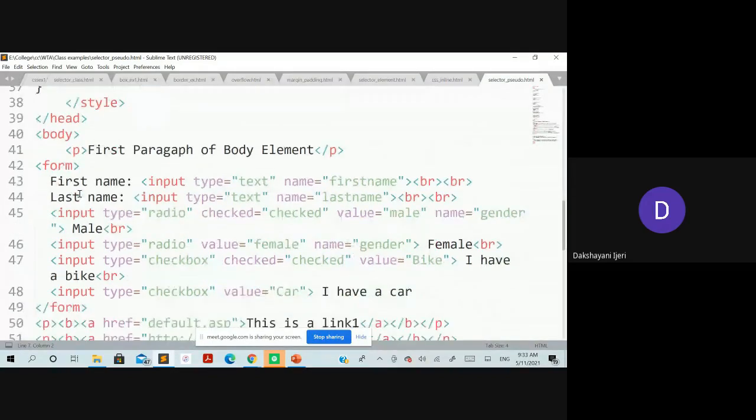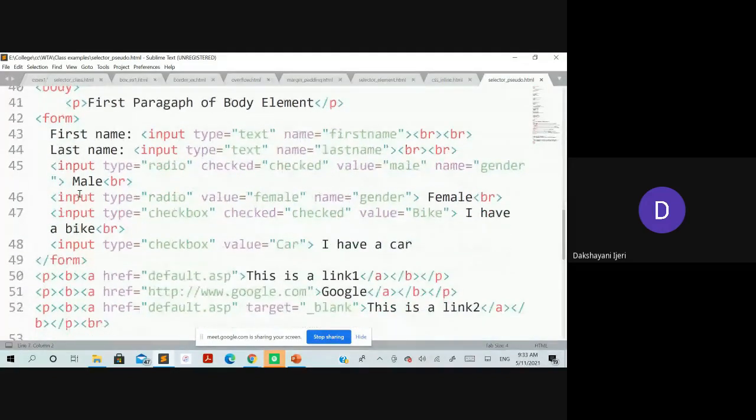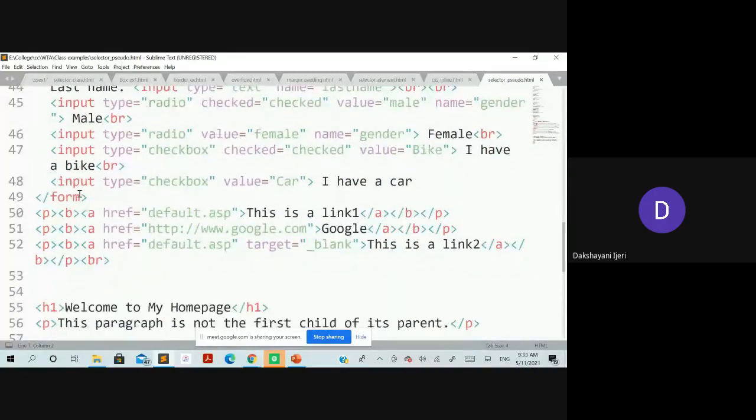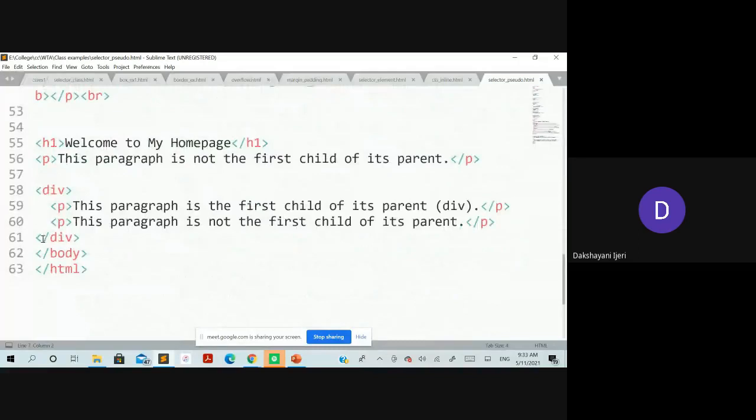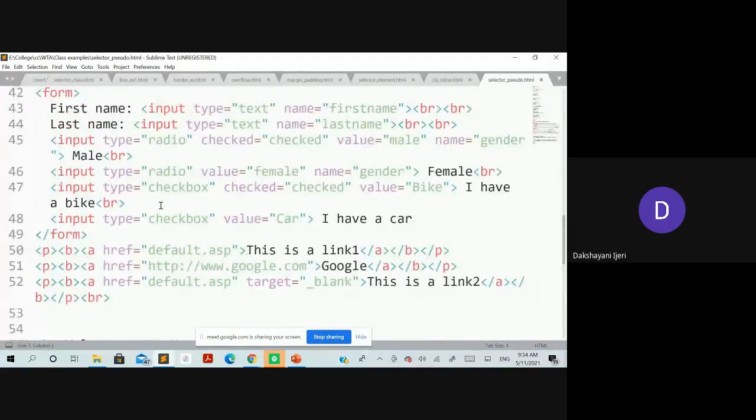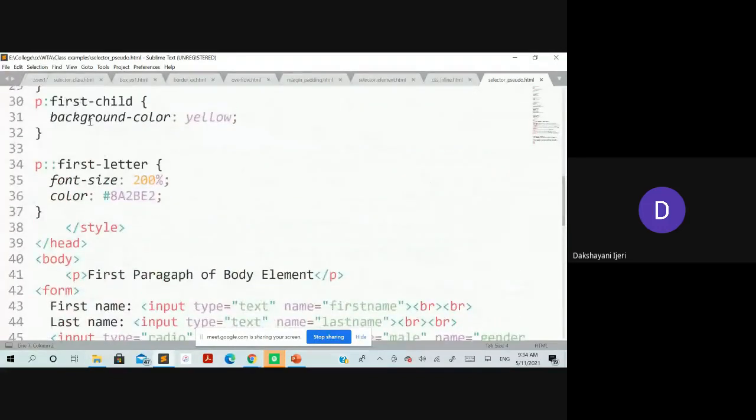And here the division is a parent under which this is going to be considered the first child. That means wherever the paragraph element appears as a first child, it has to appear with the background color yellow. Okay. So let's see the output of this one.